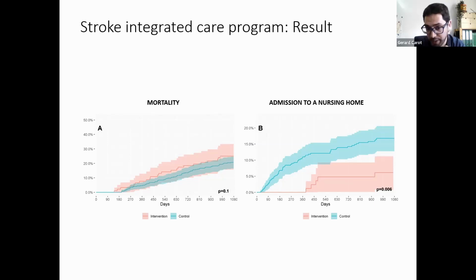But another outcome that we measured was the admission or institutionalization in a nursing home. And as we see in the plot on the right, individuals entering this integrated care program were less likely to be admitted to a nursing home, or did so much later than patients in the control group, meaning that probably these patients had recovered more abilities to perform their activities of daily living and therefore more